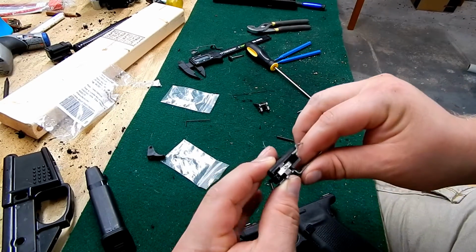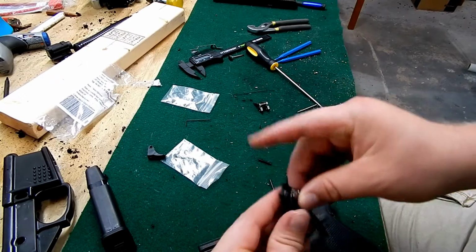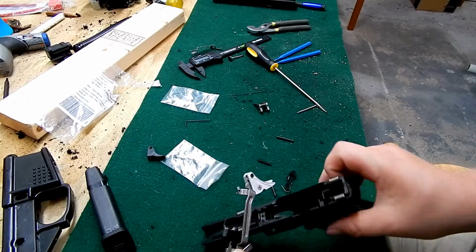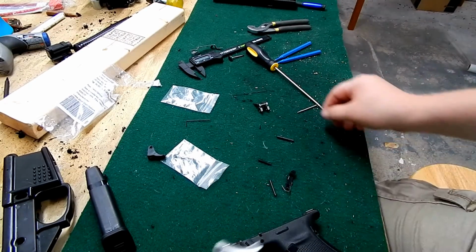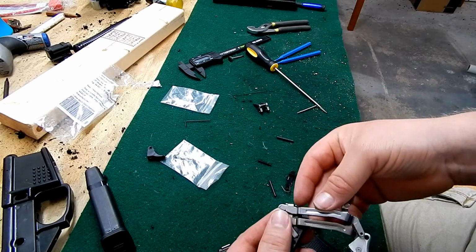Just really want to know if this will work or not, and we'll go from there. So I'm going to try to get this into the frame, and we'll see what it does. See if it has any better fitment with this one. And I mean, they look close, but I mean,